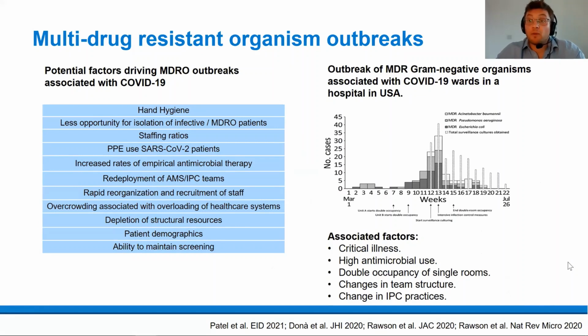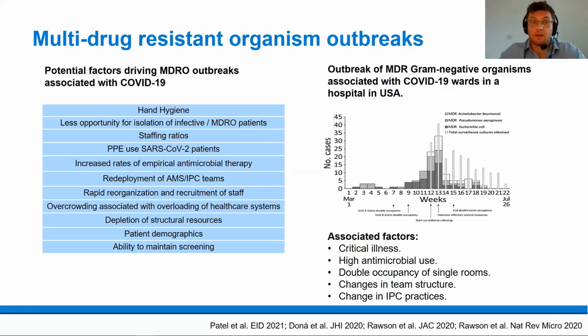And I think it's also important at this point for us not just to think about what we're seeing in terms of bacterial infections and antimicrobial use, but what the data out there is so far on outbreaks of multi-drug resistant organisms. And from early on in the pandemic, actually, a number of groups, including our own, have written some hypotheses about potential factors which could potentially drive outbreaks of organisms which are extensively drug resistant